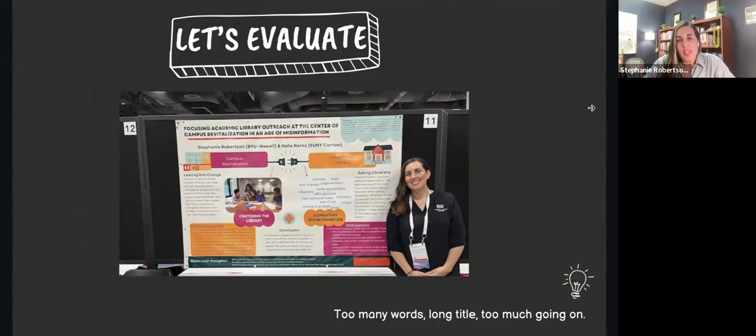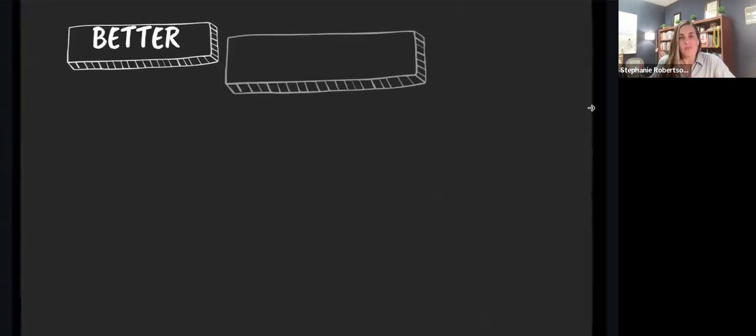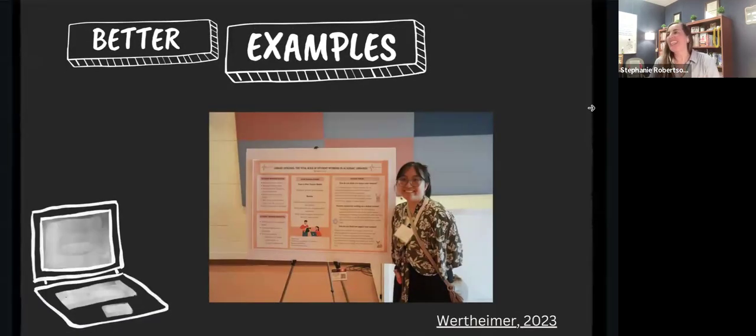And so, too many words. The title's too long. There's too much going on. So here's some better examples. This is from the Hawaii Library Association conference. Dr. Wertheimer, is he the official or the unofficial HLA photographer? I don't know, but he has a Flickr page that I borrow from all the time, and I credit him